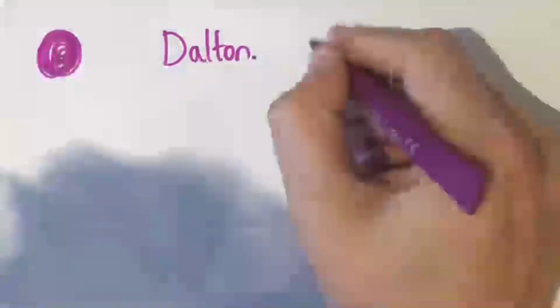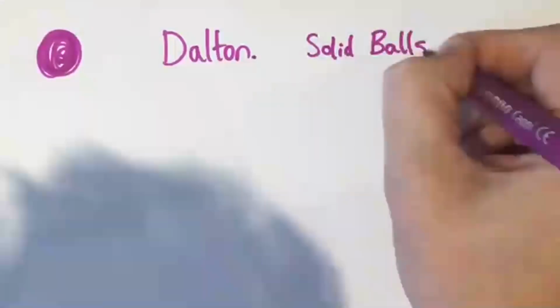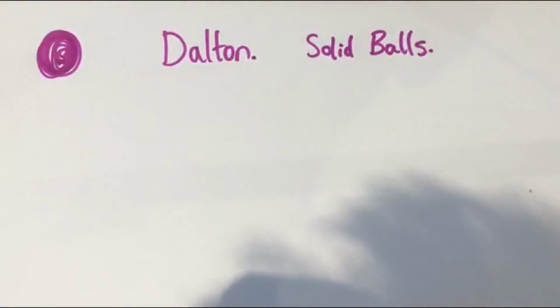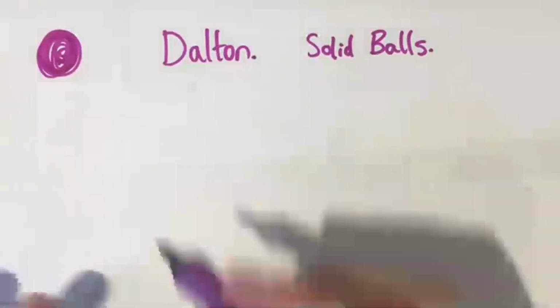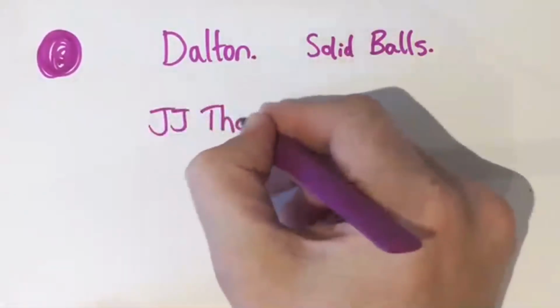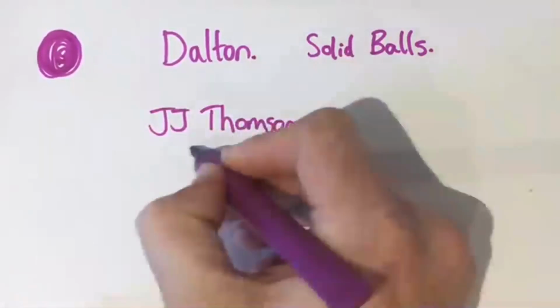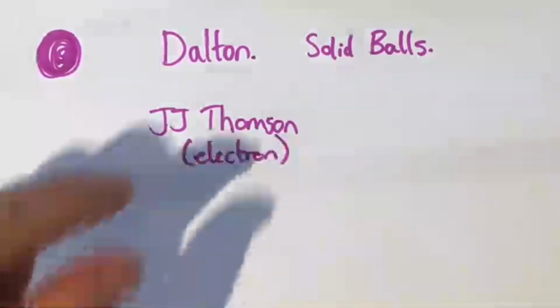Right, so Dalton, he says that atoms are like solid balls. And this is exactly the same as the chemistry unit. Now, what happens is J.J. Thomson comes along and he discovers the electron. Okay, and the other day I said this,